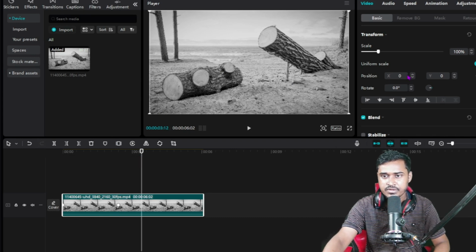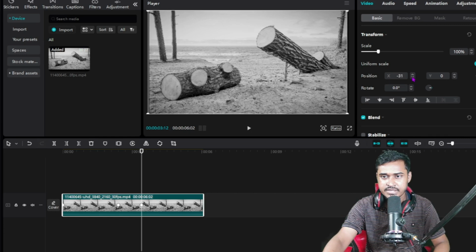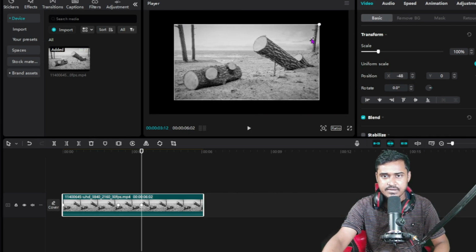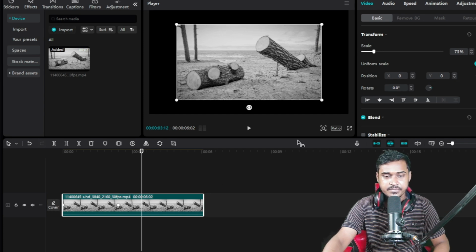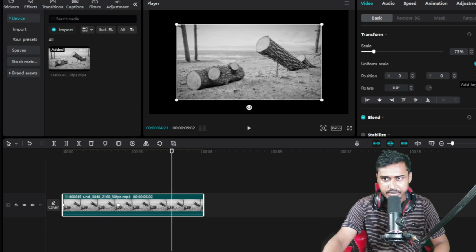skip, then I want to just minus, just click on add keyframe, then again skip, then click on add keyframe,